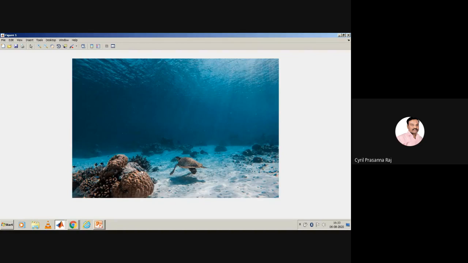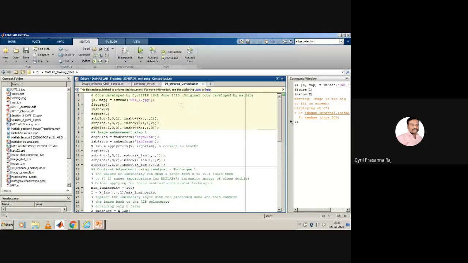Now, assume that I want to identify what are the basic objects available in this image. So you have to perform image enhancement. Suppose this image is not what you are looking for, you want to have much more information from this, so you are supposed to perform image enhancement. Let us see how this image enhancement will help us. The algorithm will help us in enhancing the image and detecting objects like the tortoise and differentiating this tortoise from this object available here. So let us understand how we are going to perform image enhancement using simple programming concepts.